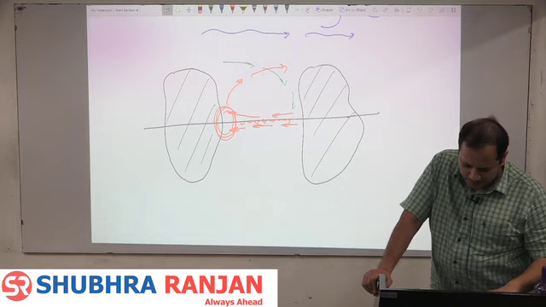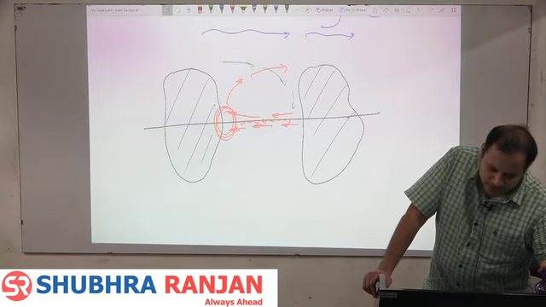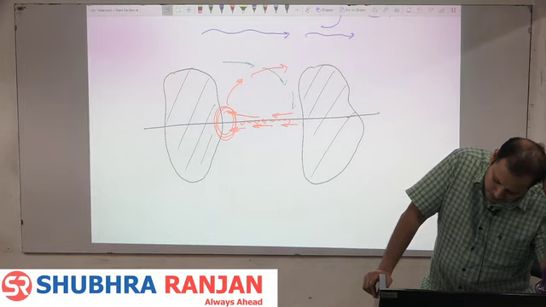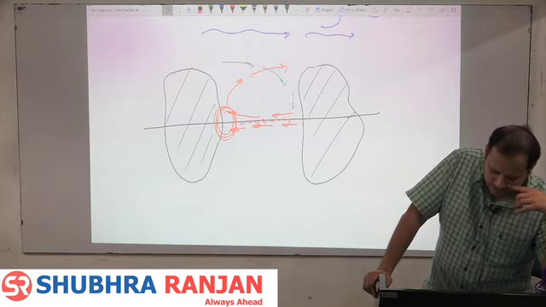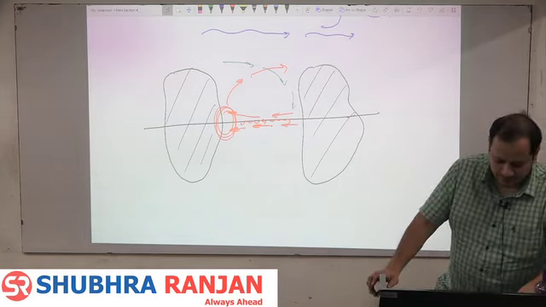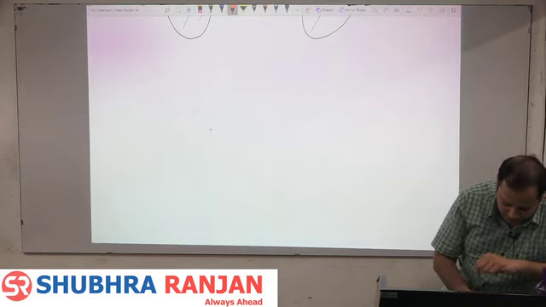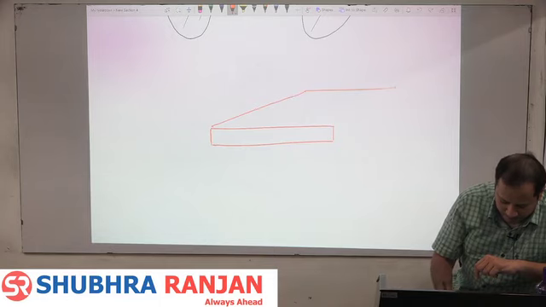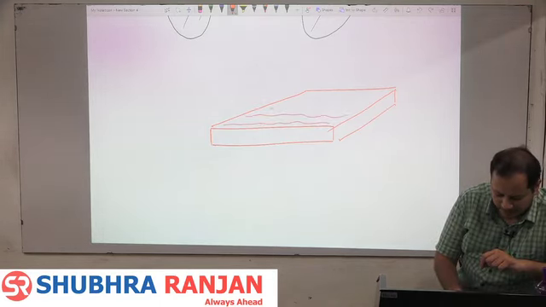So Ekman was a Swedish physicist who developed a circulatory movement, who developed a circulatory model of ocean currents, known as Ekman's spiral. This circulatory model of the ocean currents